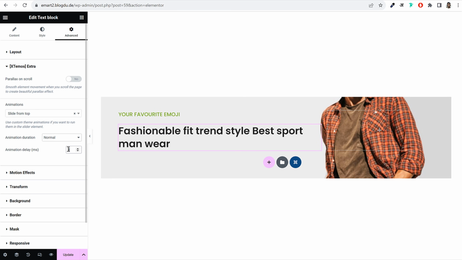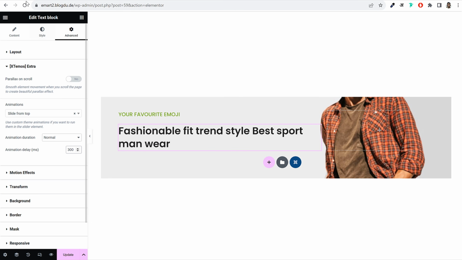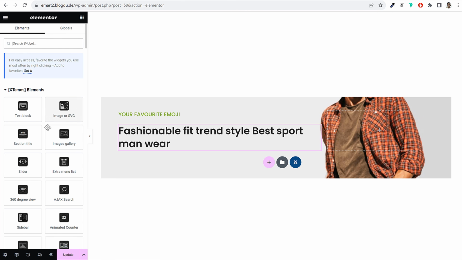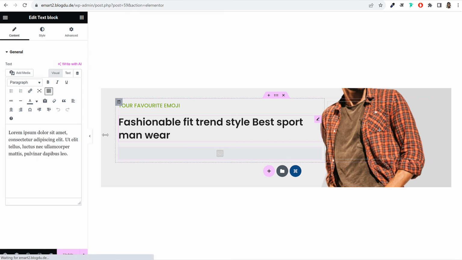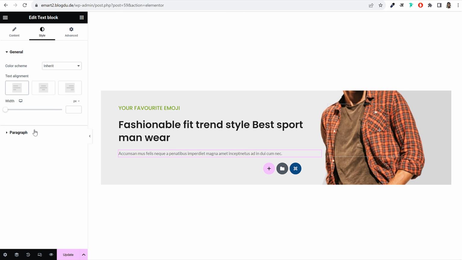I'll reduce the delay to 300 milliseconds. Right now, this is how it will look. Then again we have another text. So I'll copy this text from here, come back to this website and again use the same thing, text block at the bottom, paste in whatever your text is, and after that you can go to style, and after that you can also